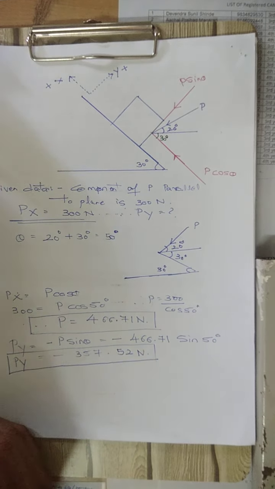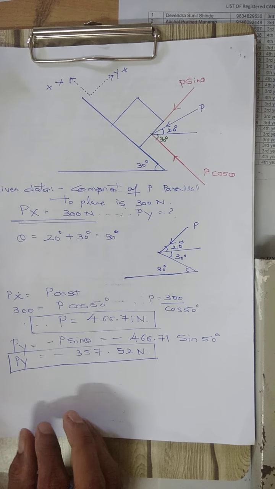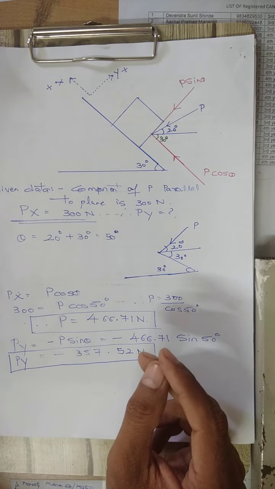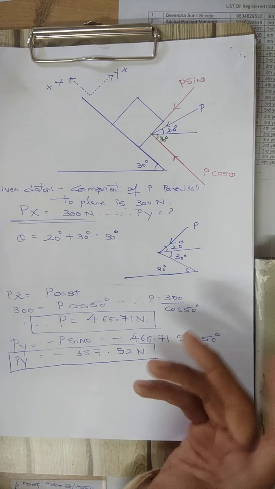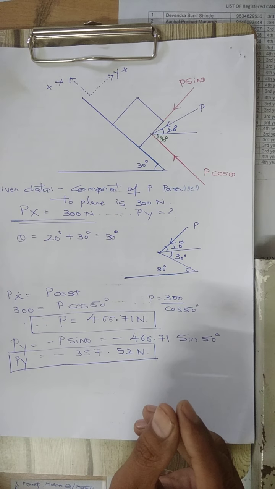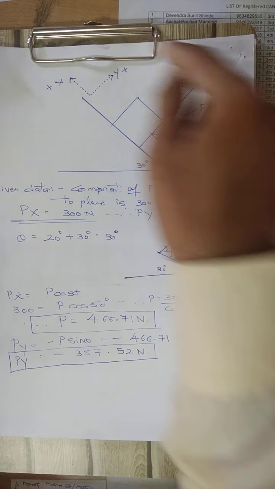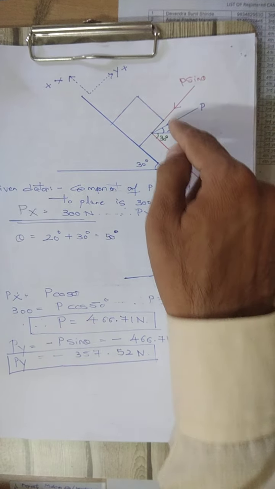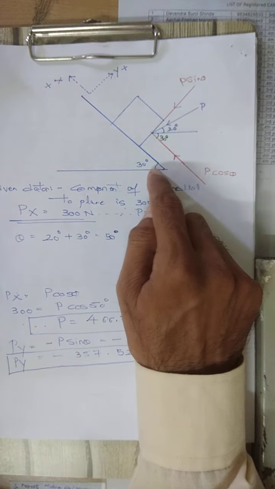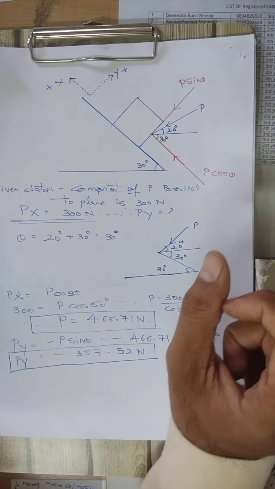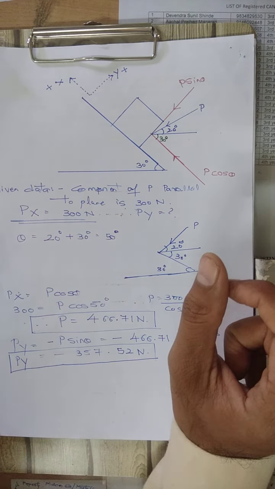In this way we have calculated the x and y components. In this problem the angle theta made by this force P was a little bit confusing. Only one force was given and we had to calculate its x and y components. The findings were very simple, but because of the angle made by this plane, we had to convert the angle of P along the x and y axes. This angle addition is nothing but 50 degrees, and we converted it to P cos theta and P sin theta. So in this way we have completed this problem.